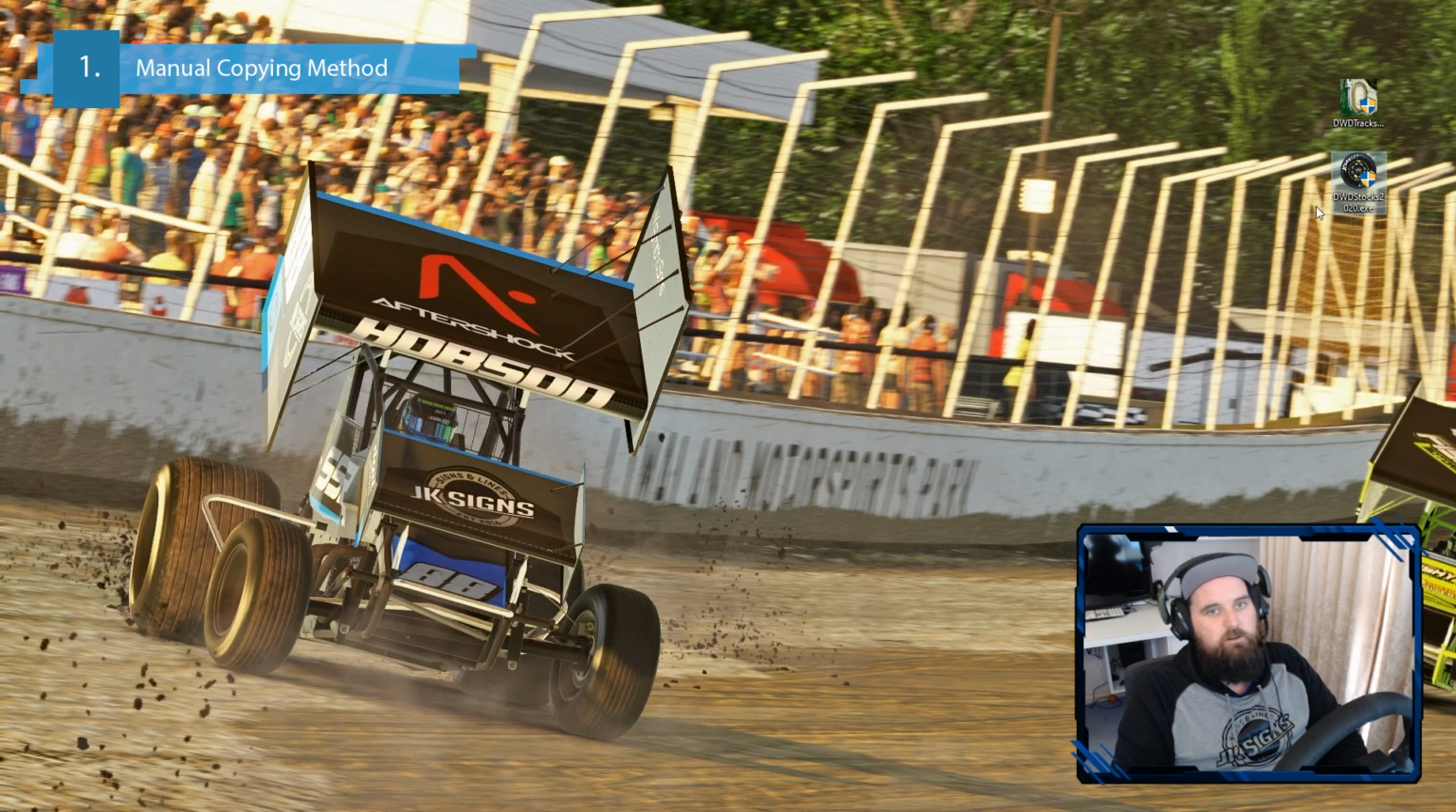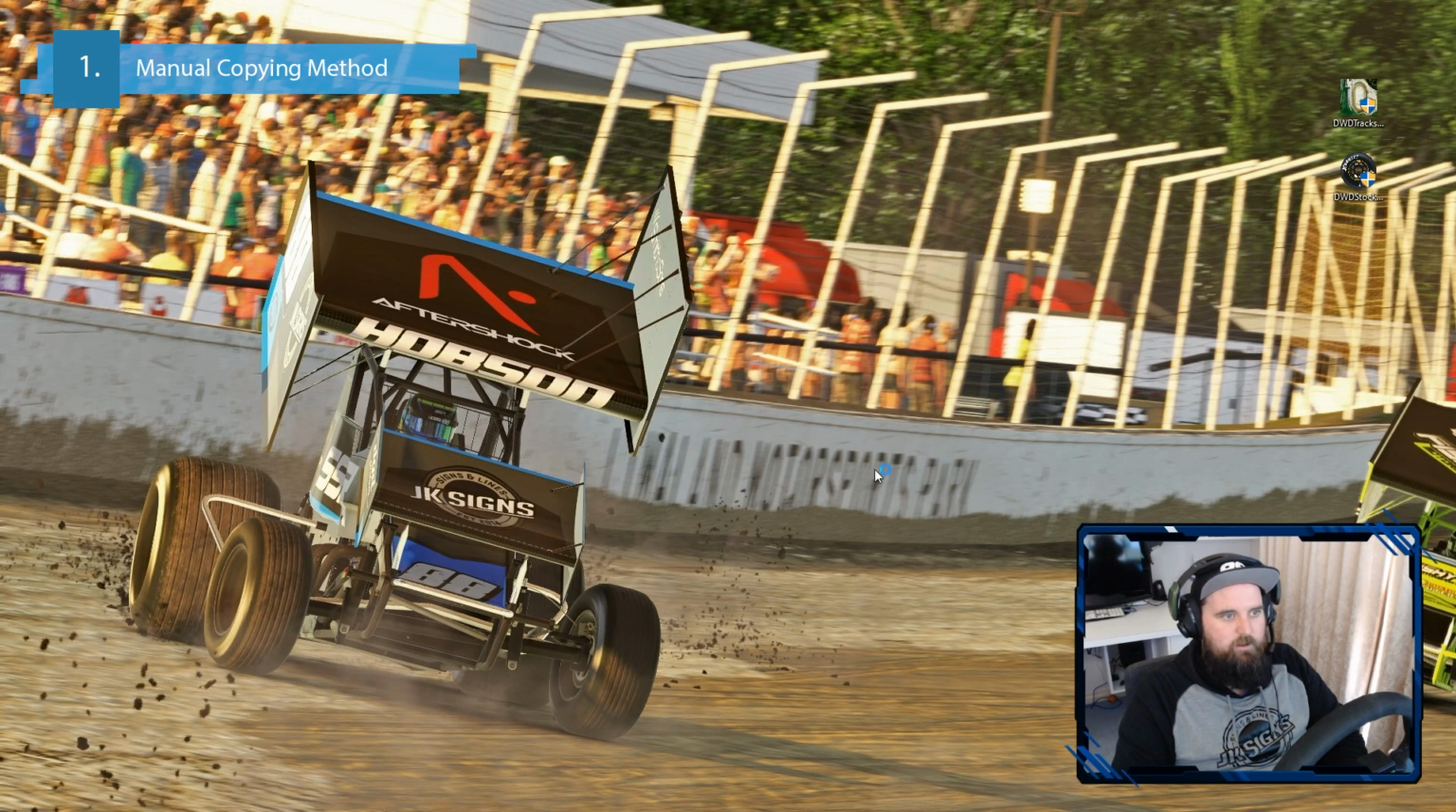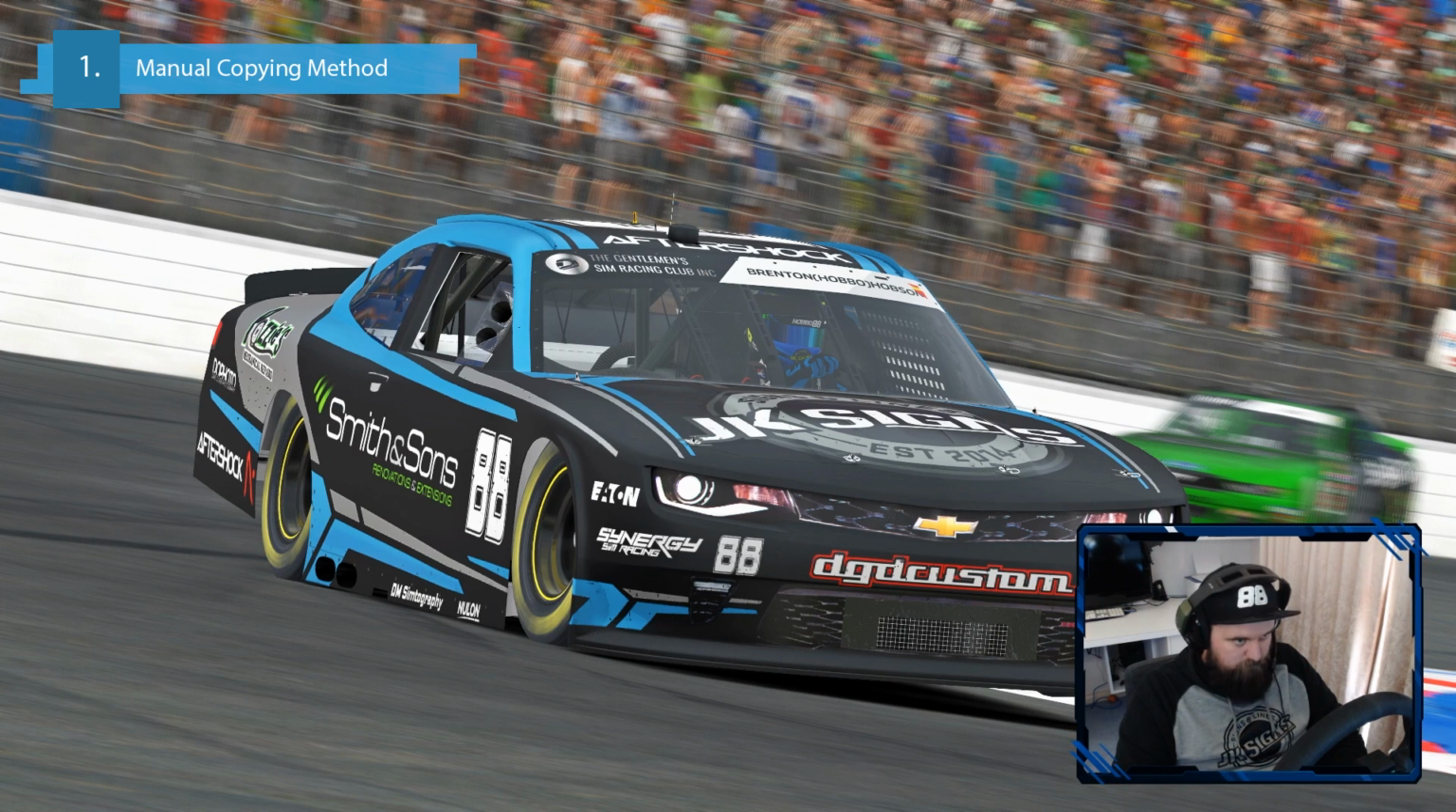Assetto Corsa is quite the same as well, unless you use Content Manager. All this sort of stuff. Most mods are done this way for games. So the process to start with is the same. We're going to open the installer like we did before. We'll allow it because we know that it's fine. And we're going to run the installer, but instead of installing the files directly into the